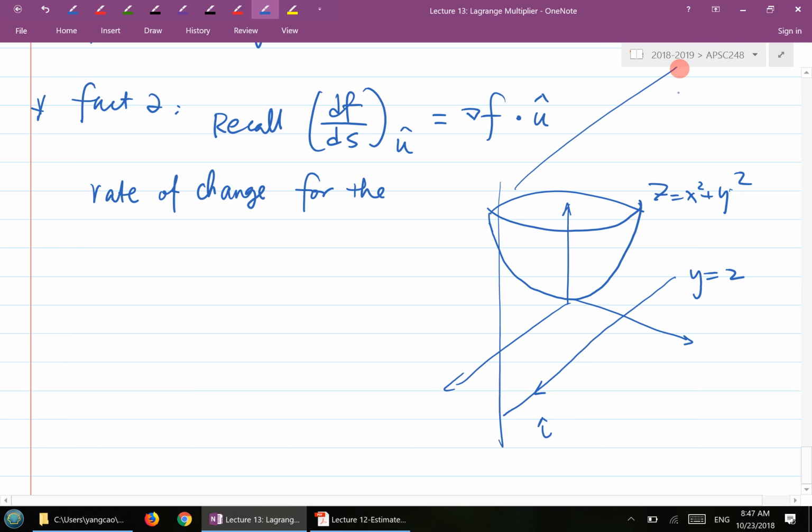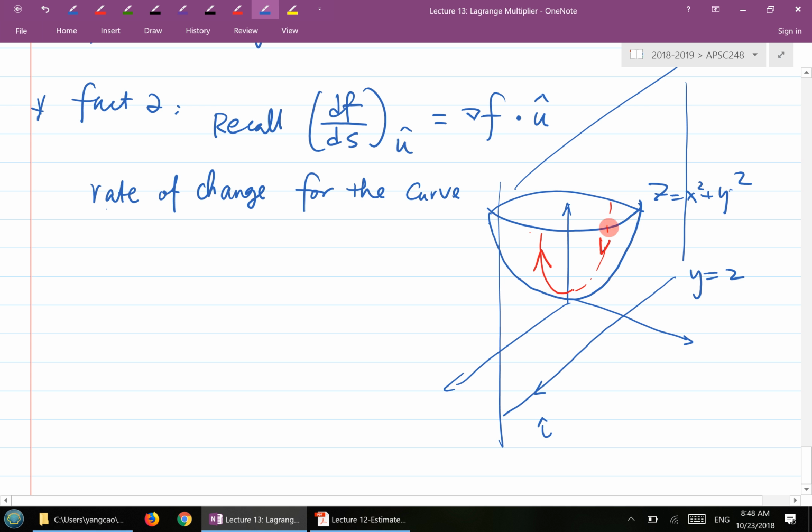Then if you recall, what happens is you're going to have a curve traced out on that surface, z equal to x squared plus y squared, the paraboloid. So basically you're going this way here, like this, as you're moving in this direction. So the directional derivative basically means the slope or rate of change for this red curve here. So the conclusion here is the rate of change for the curve,